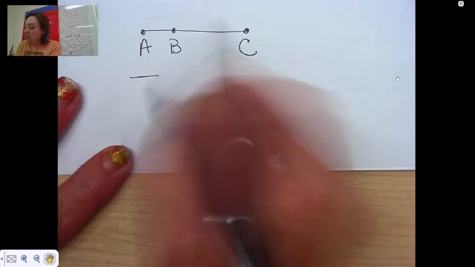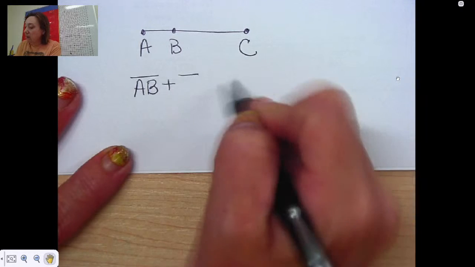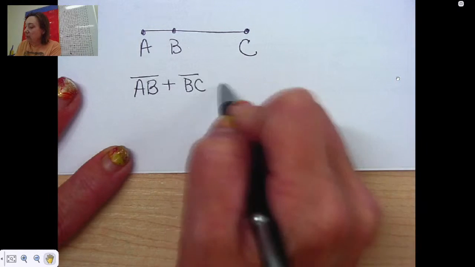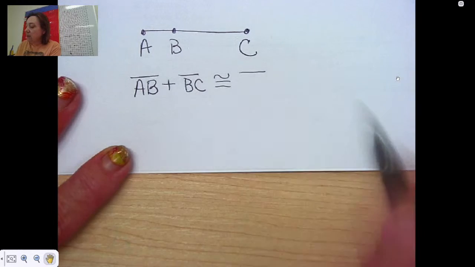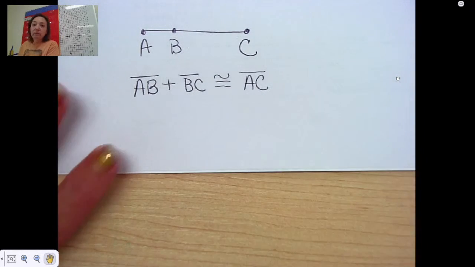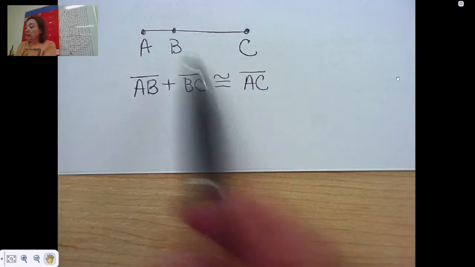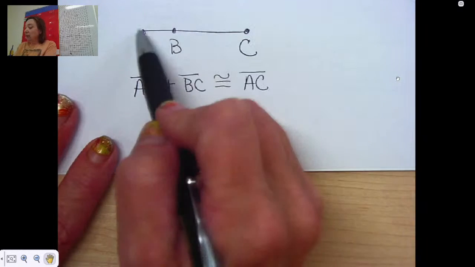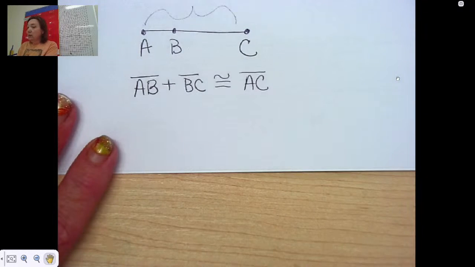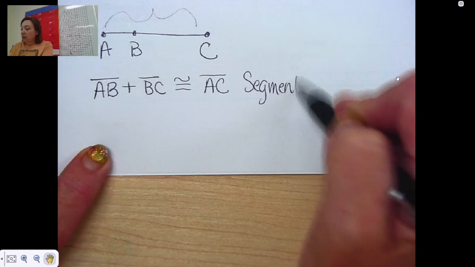Then segment AB plus segment BC is going to be congruent to segment AC. Now we know that's true. If you take this little piece and you add this other little piece, you're going to get the whole thing, right? But this has a name. This is called segment addition